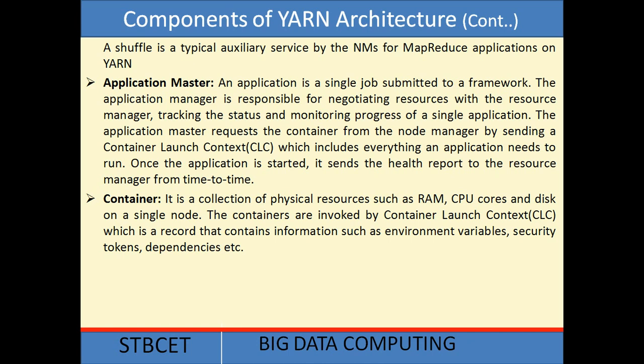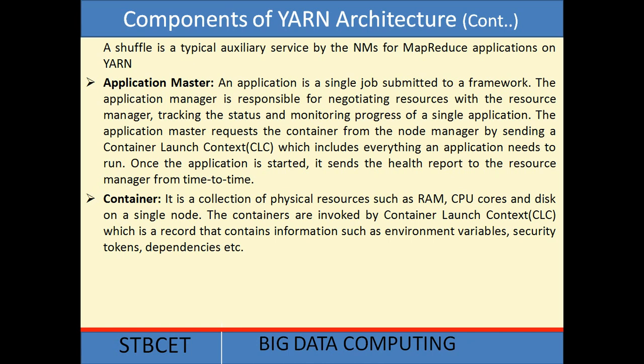Application master is a single job submitted to a framework. That means there are many applications running on the cluster environment, and for each application there is one application master. It will notify the status of what is going on in the applications. If it sometimes wants data from the resource manager, it will communicate with the resource manager, and the application master will use the container launch context to get all the resources